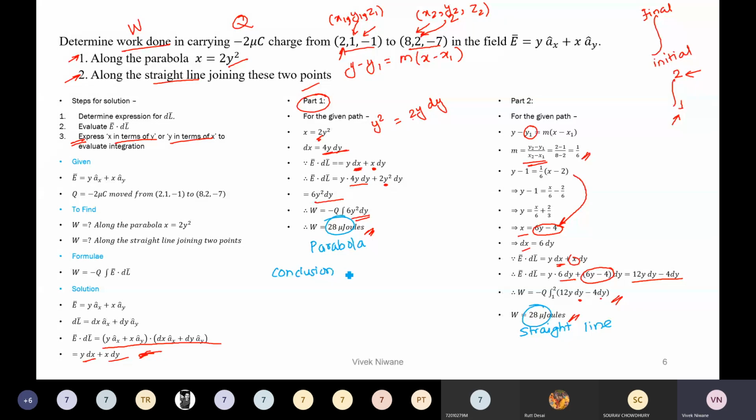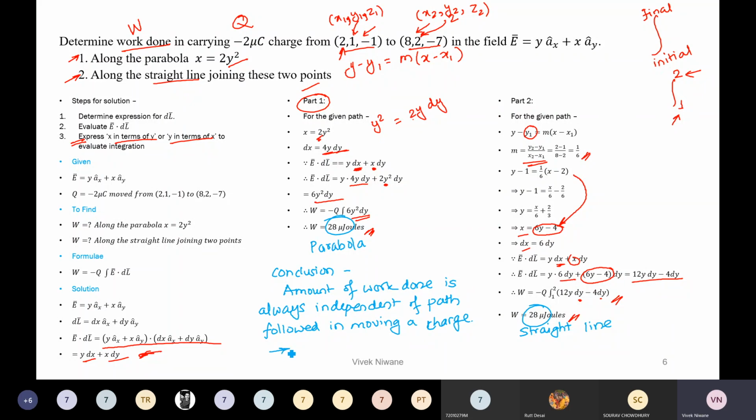Conclusion क्या है? The amount of work done is always independent of the path followed in moving a charge। ऑलवेज इंडिपेंडेंट होता है, लेकिन यहाँ पे कंडीशन क्या है, जो हमेशा कहीं नहीं जाती, but there is a condition: system is static, मतलब इलेक्ट्रिक फील्ड इज नॉट गोइंग टू वैरी, जो जैसे है वैसे ही है। ओके, जो आपका स्टार्टिंग पॉइंट है, एंडिंग पॉइंट है, वो सेम रहने वाले हैं इन द पाथ। ओके, तो सिस्टम इज स्टैटिक अगर ऐसे है तो अमाउंट ऑफ वर्क डन इज ऑलवेज इंडिपेंडेंट